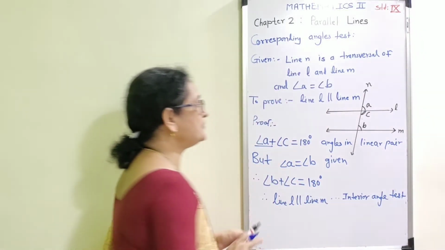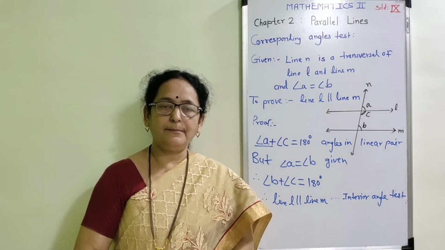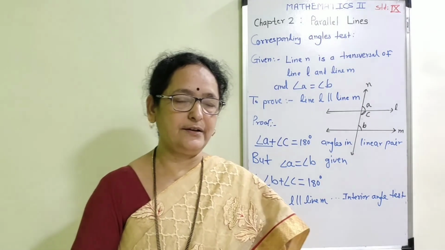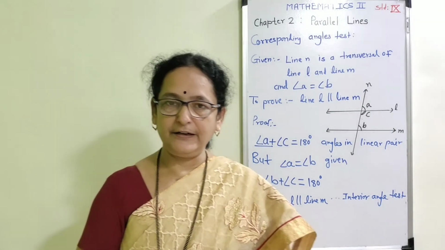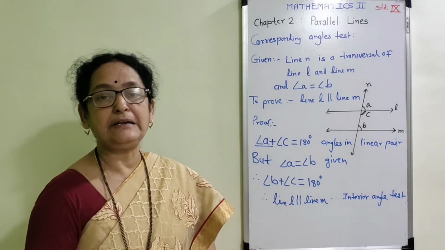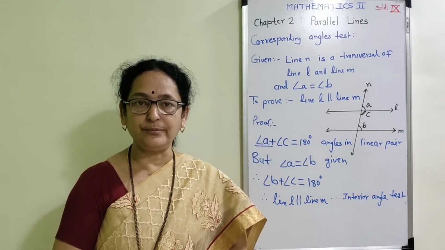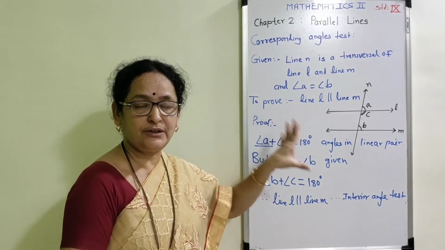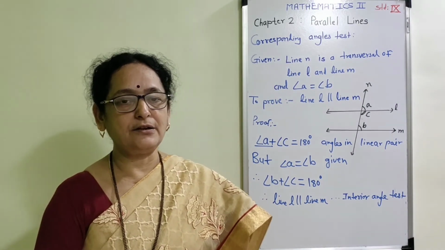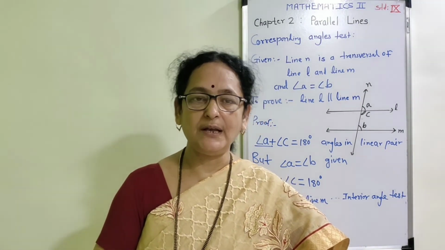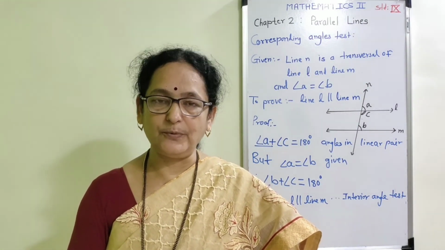Now here students, we have completed four important theorems from this chapter, but write down the first theorem, which is the sum of measures of angles in a triangle is 180 degrees. Then no need to write the theorem of interior angle test since it is an indirect proof. Try to learn it from the textbook and write down the last two theorems, that is alternate angle test and corresponding angle test. Write these two theorems and their proofs from your textbook, and in our next lecture we will take practice set 2.2. Thank you.